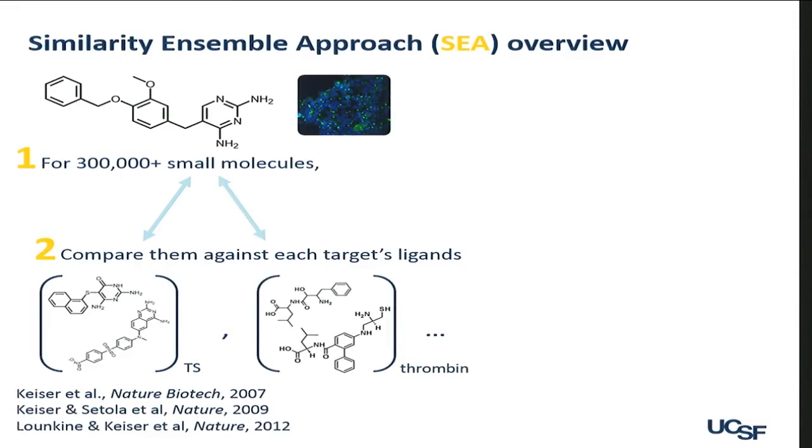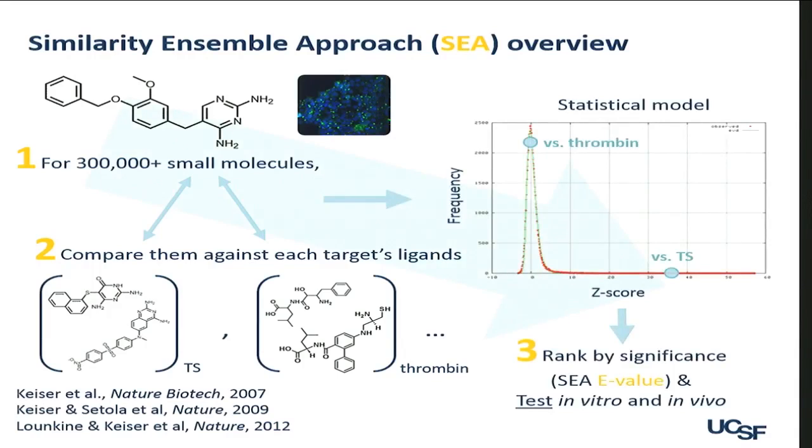We're going to run our comparisons computationally across them all, and ask where each of these comparisons of a single molecule against a target falls on a random background distribution of what random chemical similarity would look like if you just chose a molecule, and find those that are the most significant. From an approach like this, we can create a profile of proteins that any given small molecule is predicted to bind.